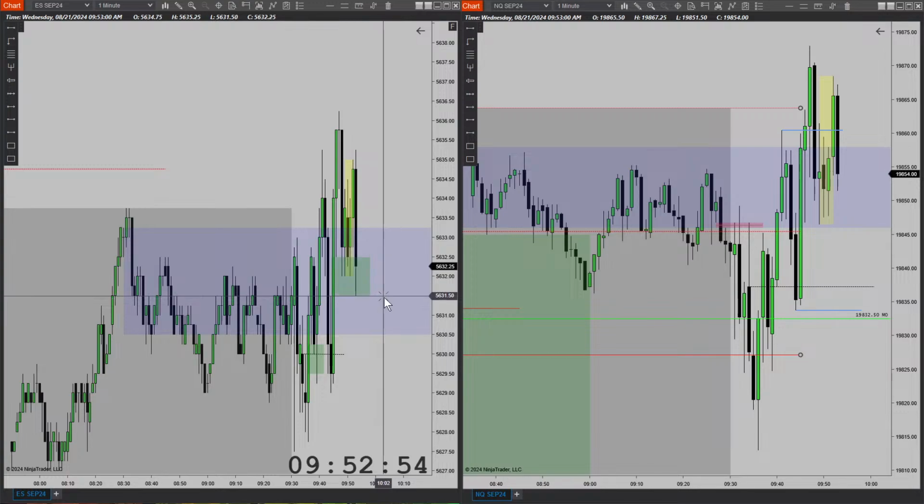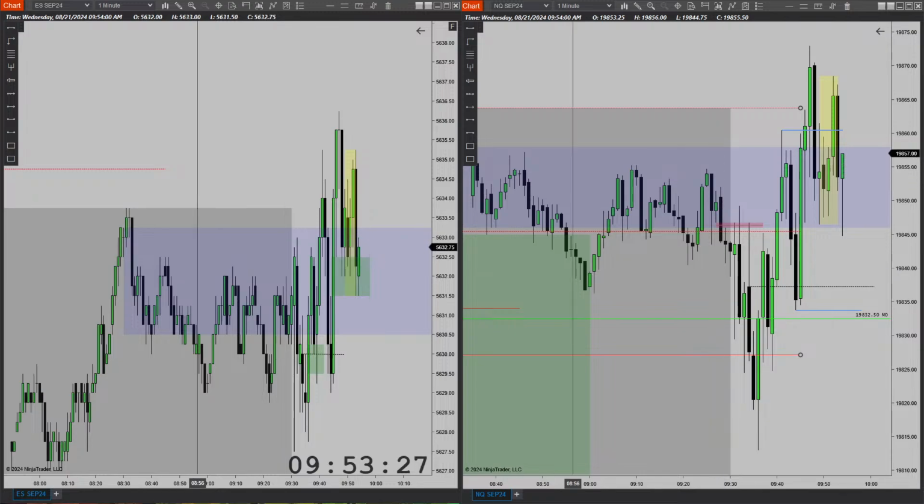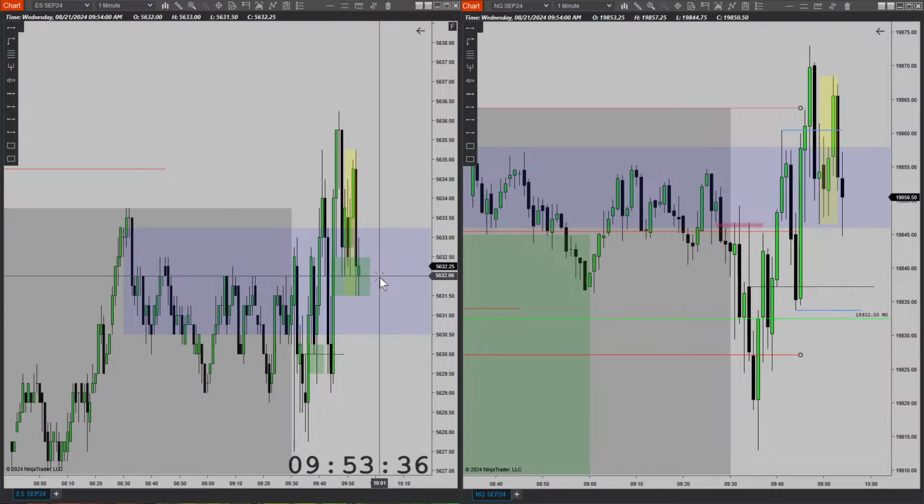All right. Here, let's see now. Okay, so we do have SMT at the lows. Now, actually, we don't have SMT at the lows anymore because it just ran this low here. So let's just wait and see what it does. Do we have SMT with ES and NQ? Nope, no SMT with ES and NQ. We open and close still above this. Any run below and I'm out.